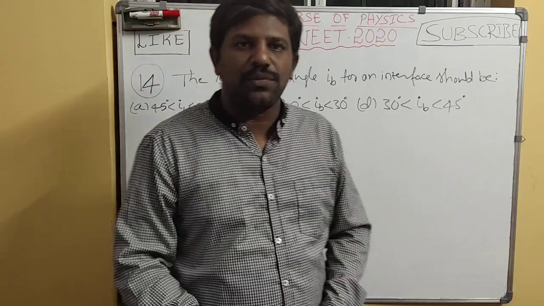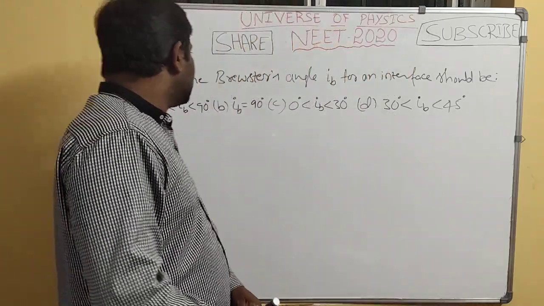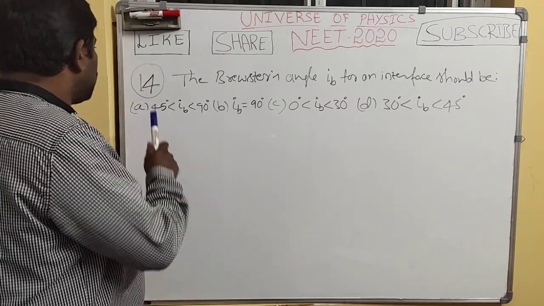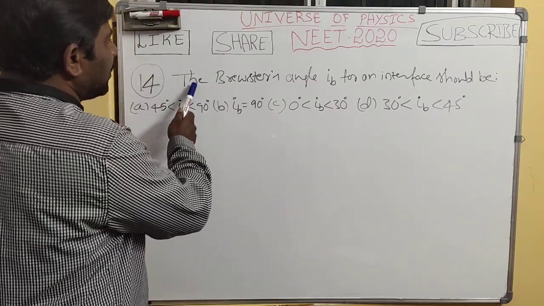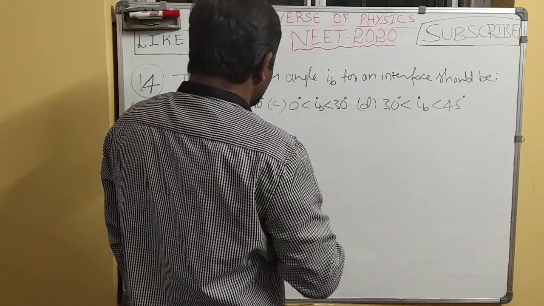Now I am going to discuss one more question of NEET 2020. Let us consider question number 14: the Brewster's angle IB for an interface should be